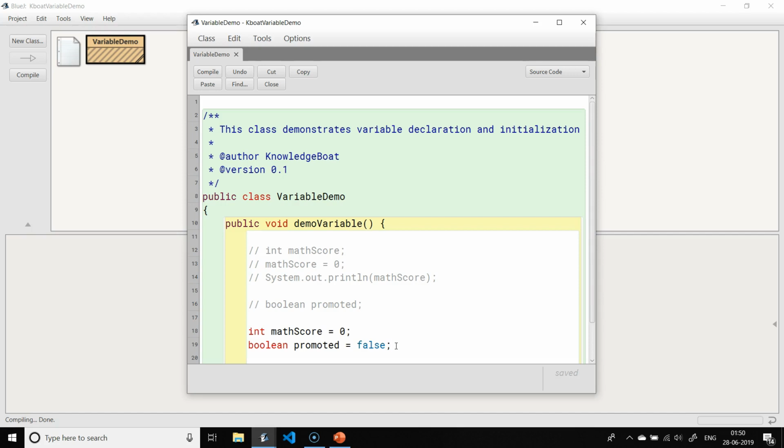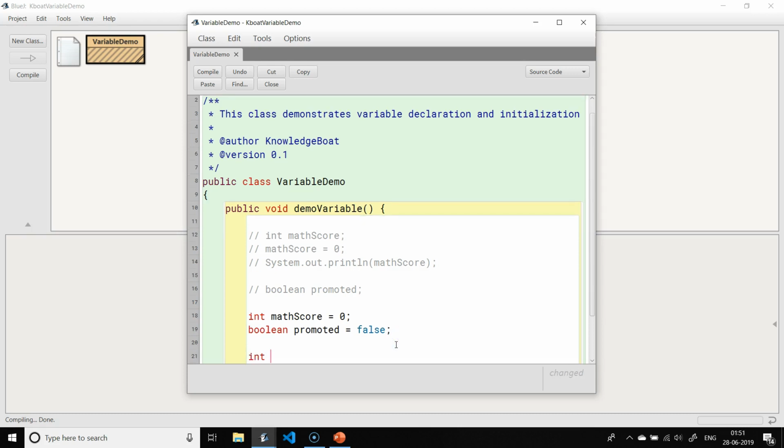You can declare and or initialize multiple variables of the same type in a single line like this. Here, I have declared multiple variables of int data type on a single line. I have initialized some of them while others I have left uninitialized.